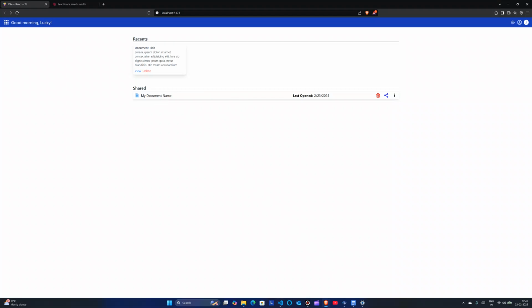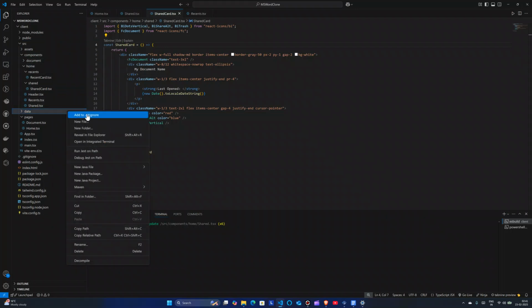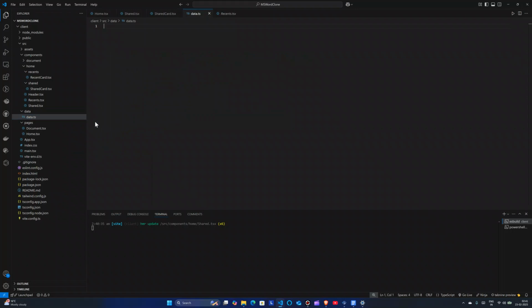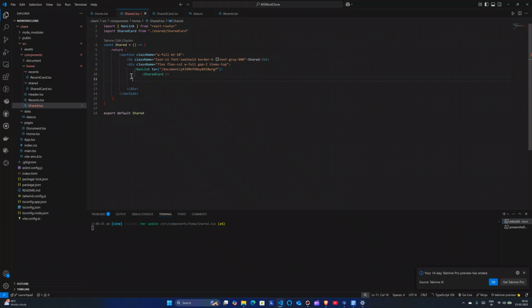So with that we have built our shared section as well, and what I'm going to do is that I'm going to put some dummy data. Okay, dummy data I will be putting. So where will I put? I create a folder, right? Data, no, not data dot data, only data dot ts, and here what I do, export const documents like this. Okay, so this thing only, and here in the shared section let's remove this,